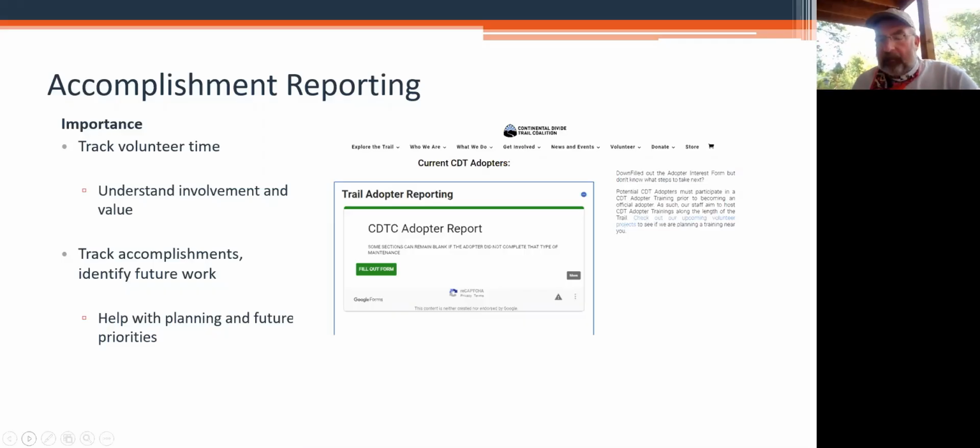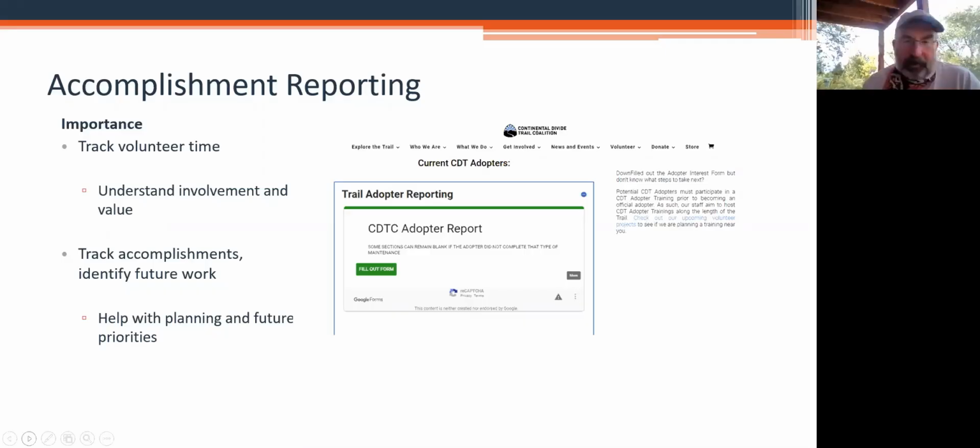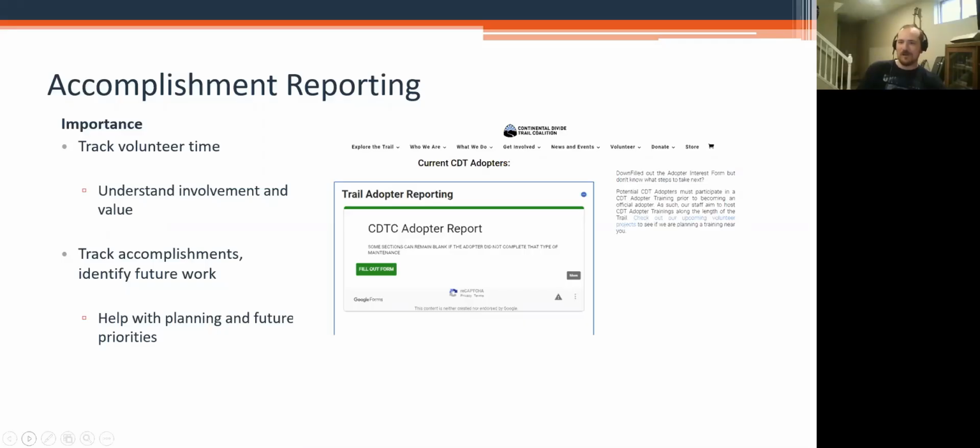I know the Colorado Mountain Club has recently come up with an app that a lot of organizations and agencies throughout the state have adopted, but ask whatever agency you're working for what app that is, or if they have one, and how to report back to them if they don't, what kind of documentation they need. Right. And sometimes it may be as simple as, send me an email with what you got done. Yeah. So whatever that looks like, you just need to make sure people are square on it.